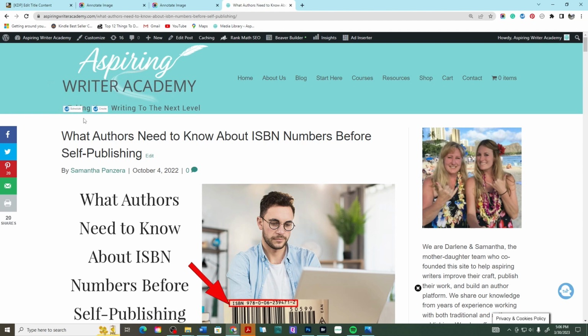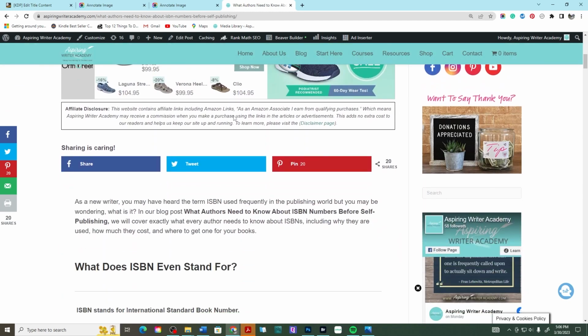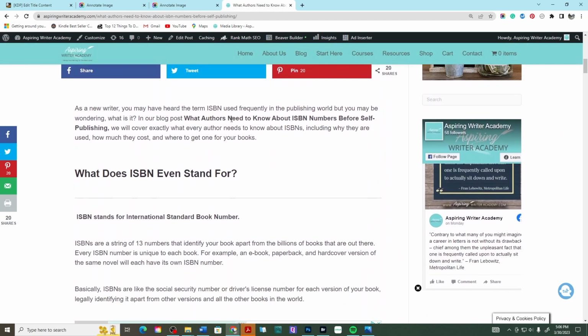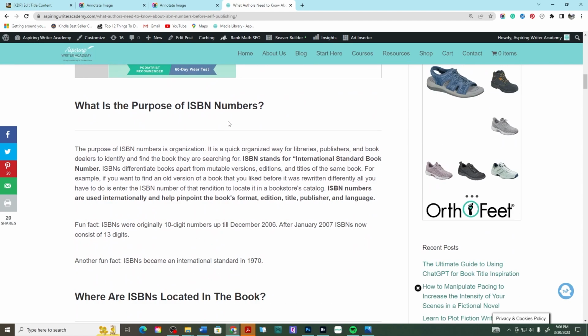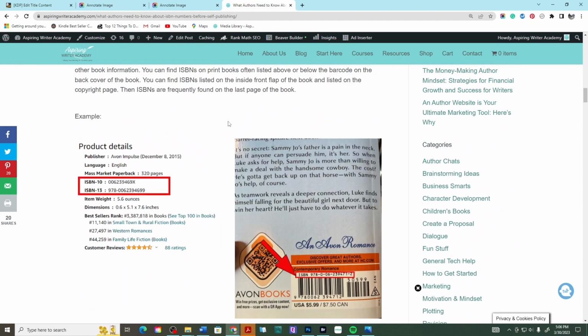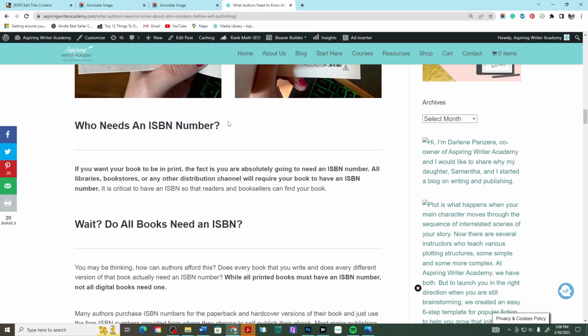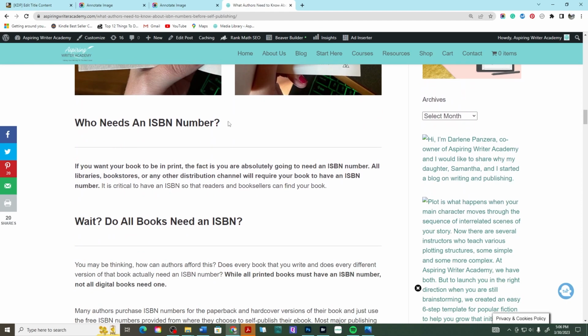Now, if you don't know much about ISBN numbers, I recommend checking out our blog post on Aspiring Writer Academy, What Authors Need to Know About ISBN Numbers Before Self-Publishing. In our blog post, we cover what an ISBN number stands for, what the purpose of ISBN numbers are, where they're located in the book, who needs ISBN numbers,